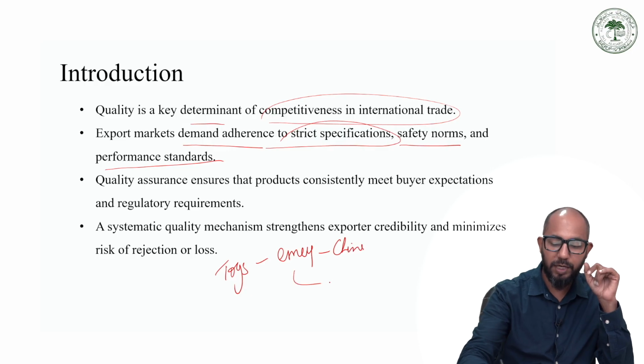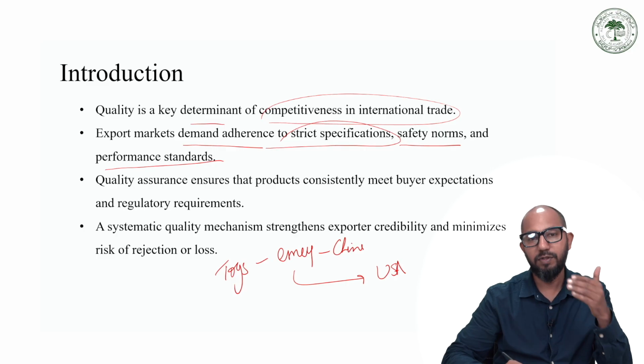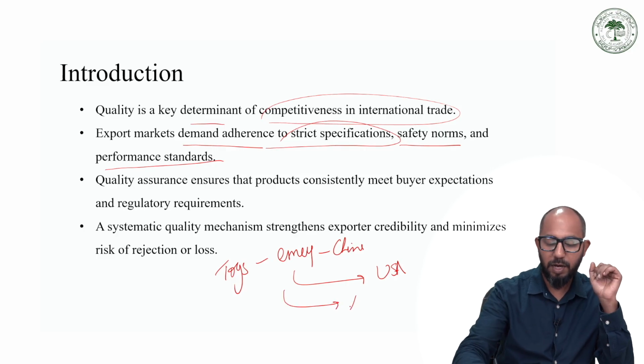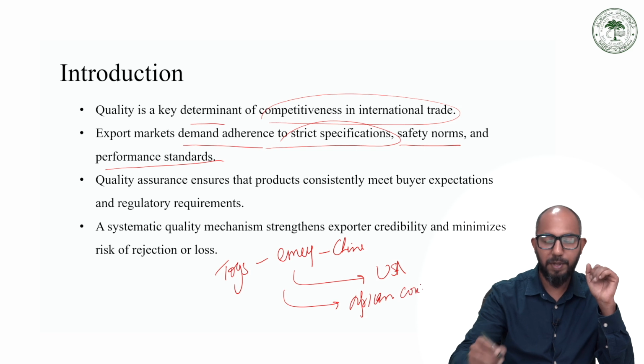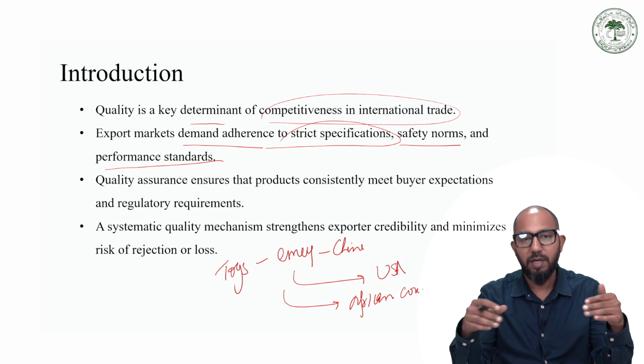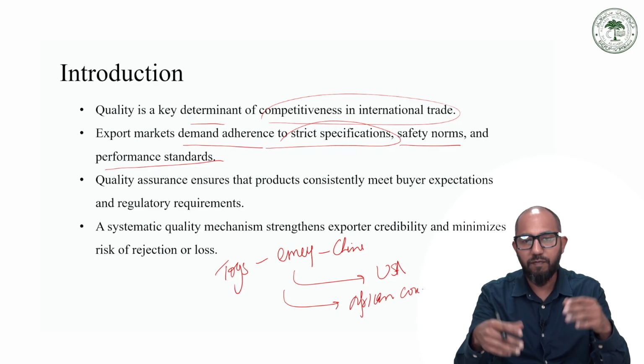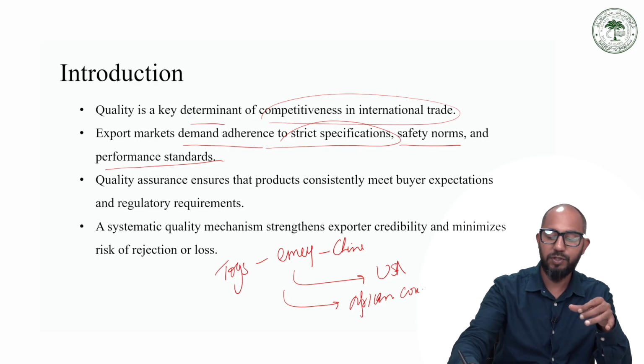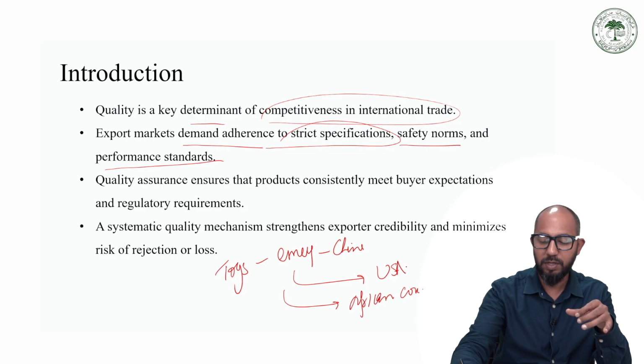When these toys reach to United States of America and when these toys reach to African countries, because of differences in the regulations, monitoring and quality checks, obviously Chinese toys which are being exported to USA are more quality conscious